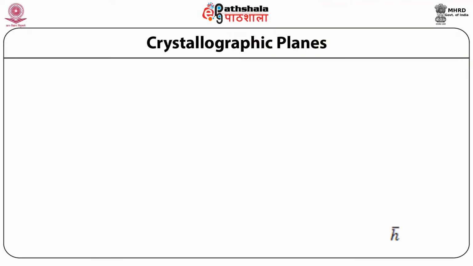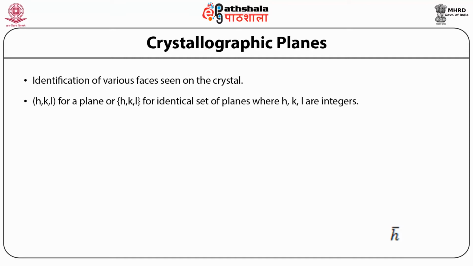Students, before moving to planes, directions and packing in structures, we should know about the basics of crystals and their crystallographic planes. Crystallographic planes are the identifications of various faces seen on the crystal. They are identified as hkl. So hkl represents a plane, or we can represent it in curly brackets, open curly bracket hkl close curly bracket, for an identical set of planes